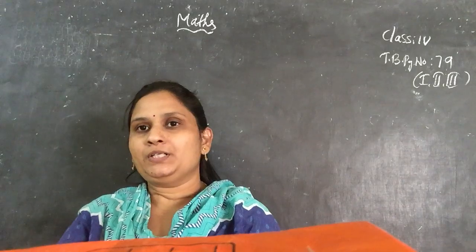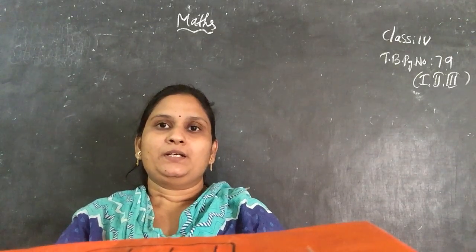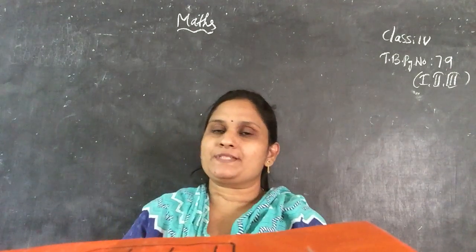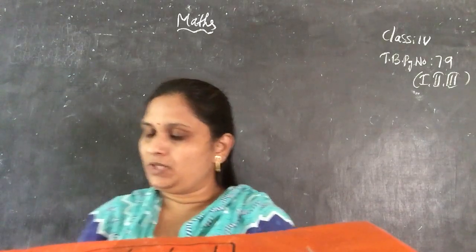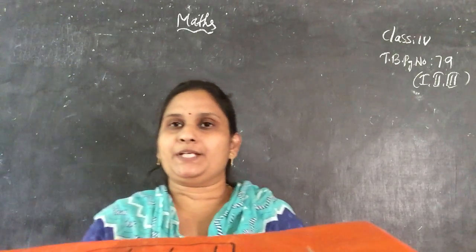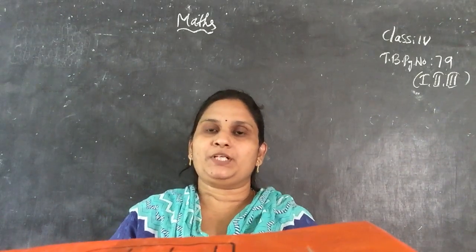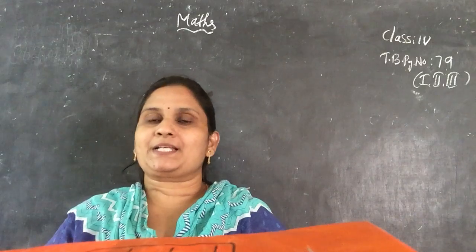In the divisibility rules, the tests for 2, 3, 5 and 10 are all completed. Now the divisibility rules of 6, 9 and 8. Actually, for the divisibility rule of 8, the sums are not given in the textbook, but we will learn the rule for the divisibility test by 8. So first, everyone open your Maths class book.